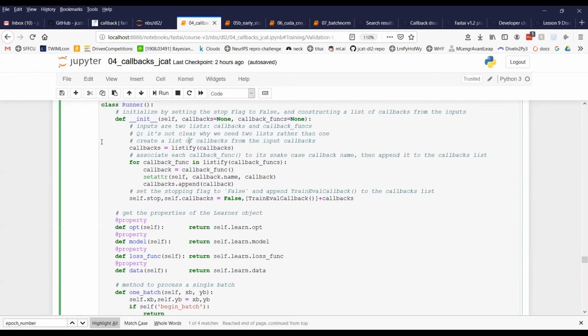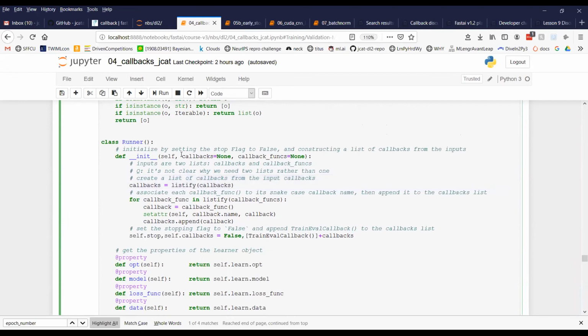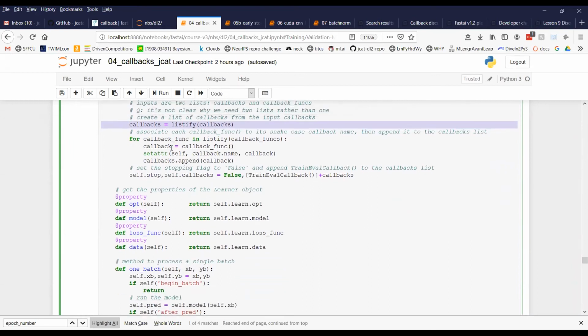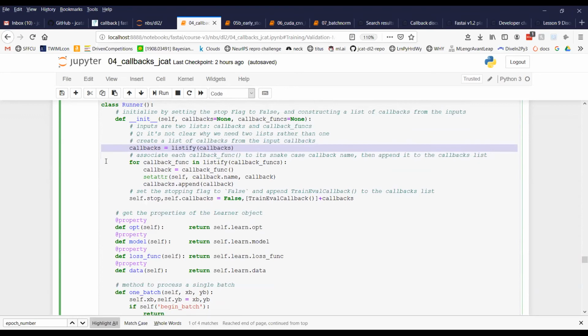So the first thing it does is it creates a list of callbacks from the first input, whatever this is. It takes this and makes it into a list using this listify function. And if there's nothing there, if this is none, then it just returns nothing. Callbacks becomes none. So that's fine. And then it goes through the second list. It runs through each of the functions in this list. And for each function, it